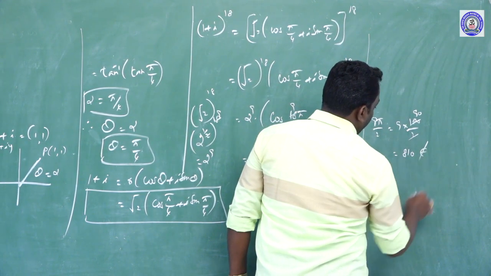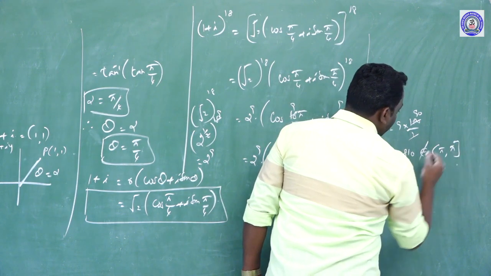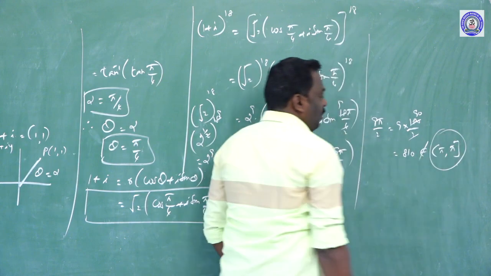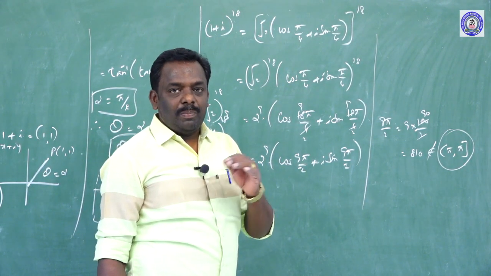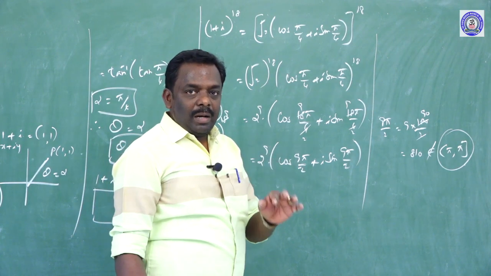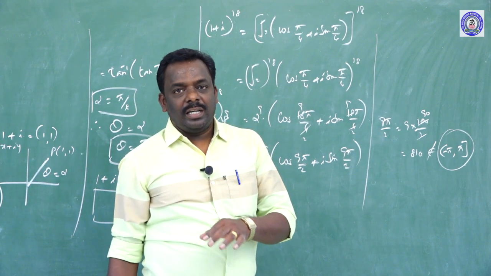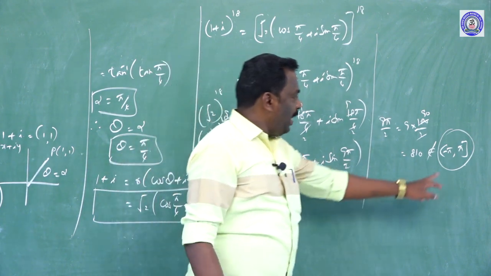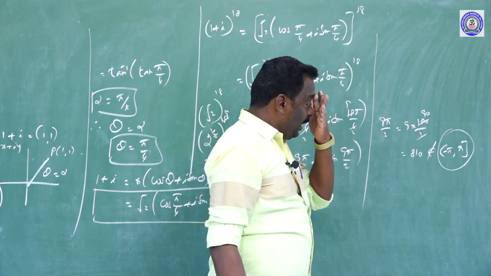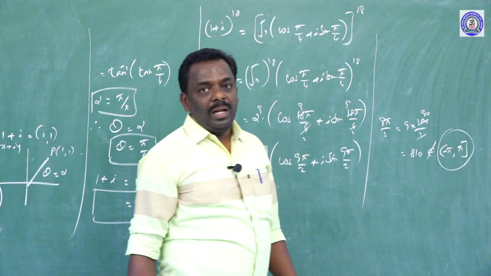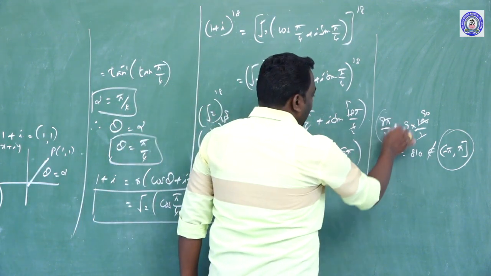It does not lie in the interval of open bracket −π, comma, +π closed bracket. It is called the principal argument. For any theta value, that theta value must be in this principal argument: −π < θ ≤ +π. Open bracket is called not included, closed bracket is called included. So theta must be in the interval (−π, π], but our theta does not lie in the interval.